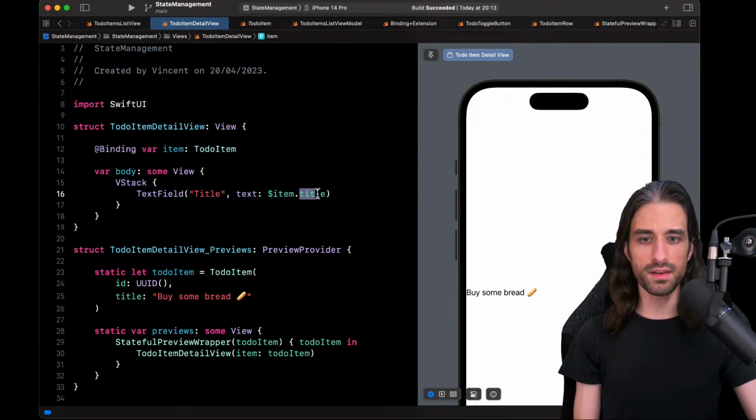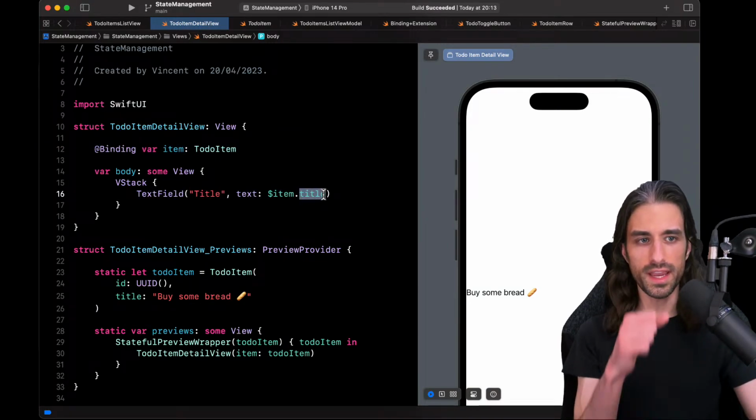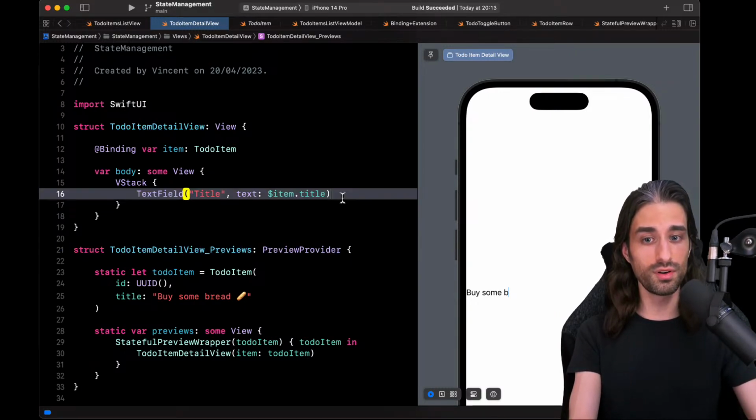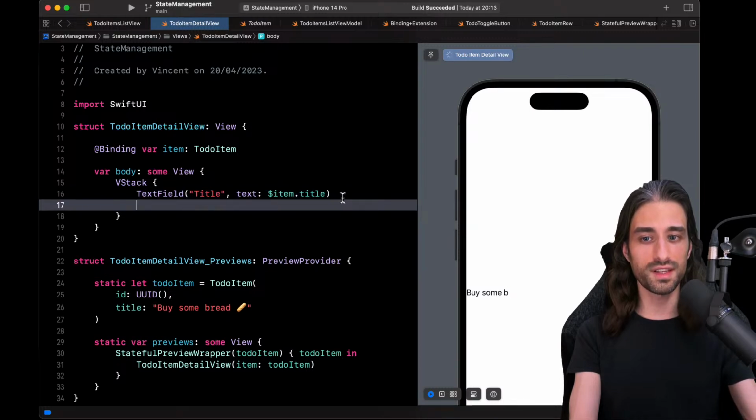And then by referring only to title, we are able to say I want a binding, but only to the property title, which is a string, and so everything matches regarding the types. So we have our first text field, and actually you can see that I can edit the content of the to-do item, which is pretty cool.